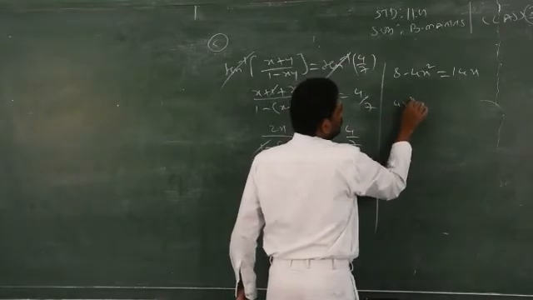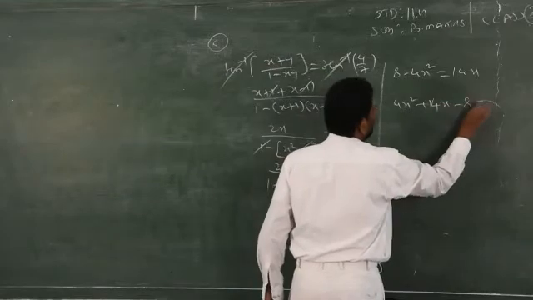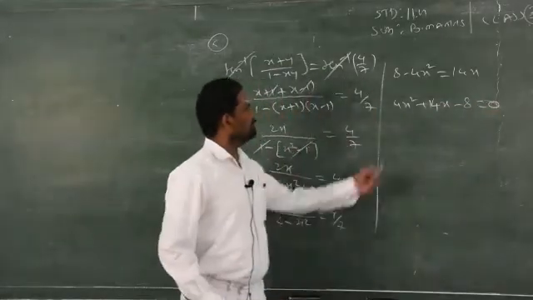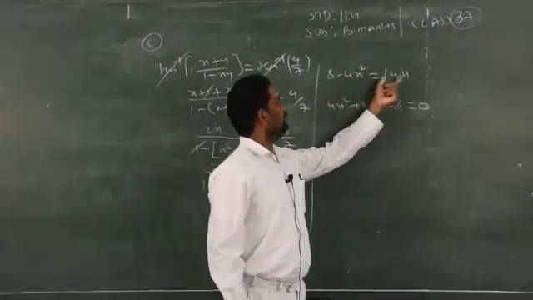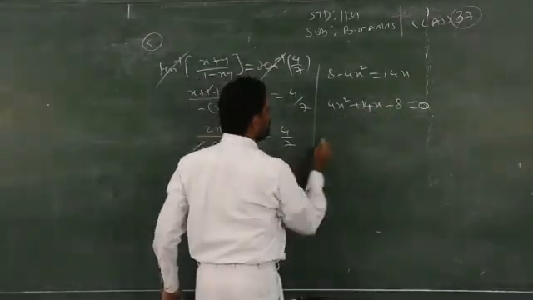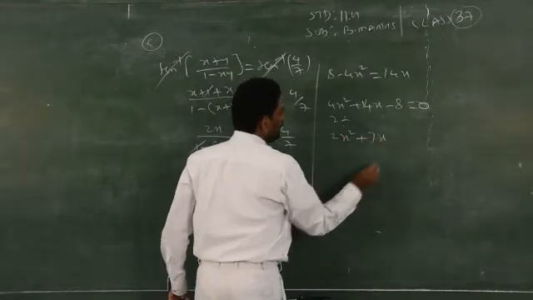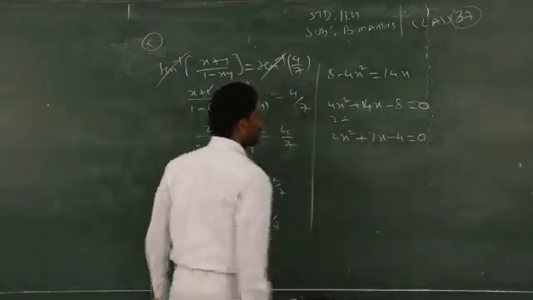Now you have to transfer all the terms to the right side, equal to 0. I am transferring the minus 4x square to the right side. Minus will become plus, plus will become minus. Now you check everything in this. So 2x square plus 7x minus 4 is equal to 0.